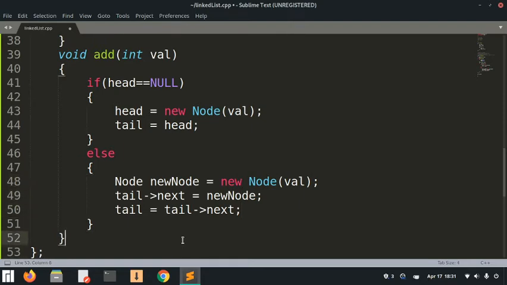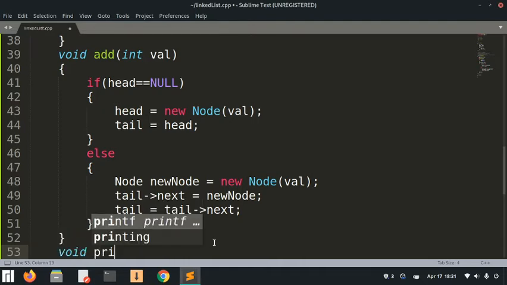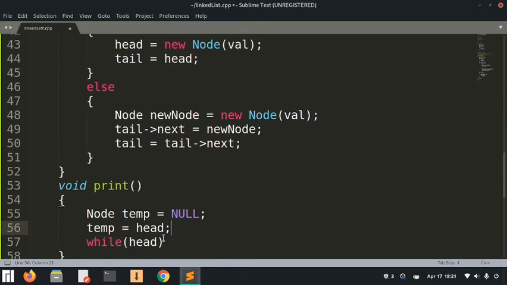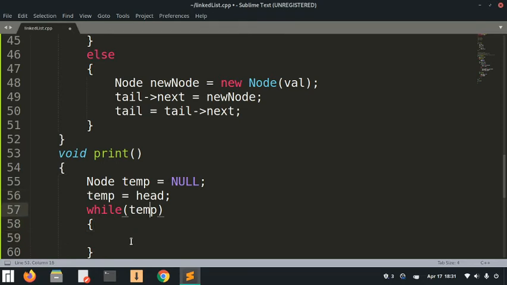All right, and also let's create a function to print the whole list. So void print, and what it's going to do is, let's create a node temp, right? And let's initialize it by head. Let's just go ahead and put it here. So while temp is not equal to null, what you're going to do is